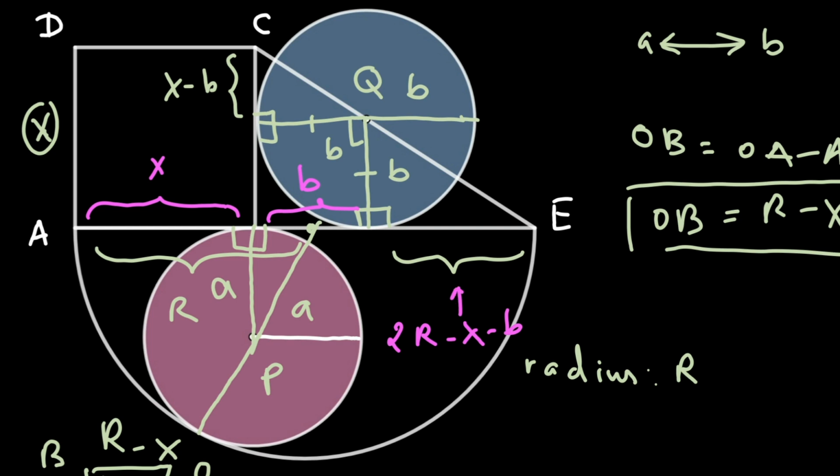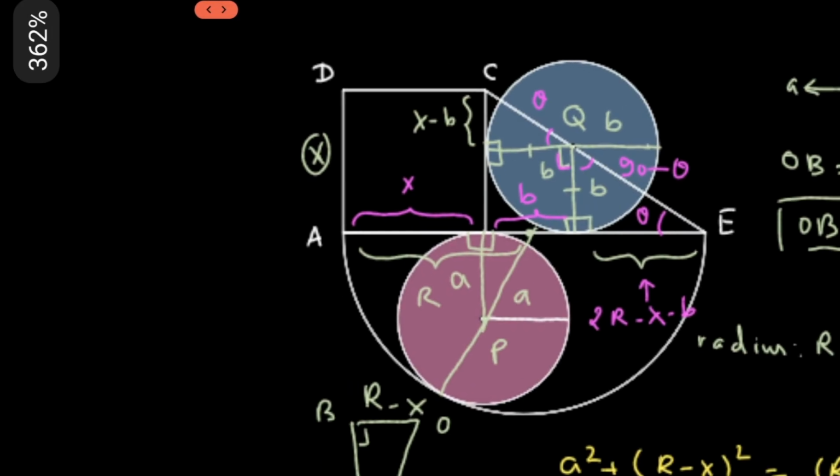Okay, now I will simply mark this particular angle equal to theta. This is a right angle triangle, therefore by angle sum property this angle would be 90 minus theta. This is the 90 degree and this line is a straight line, therefore this angle over there would again be equal to theta. So from here you can do two things. Either you can say that these two triangles are similar and take the ratio of the sides, or else you can simply say that these two triangles are right angle triangles, they share a common angle theta, simply take a trigonometric ratio. So I will go with the trigonometric one.